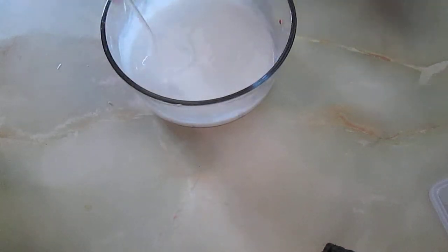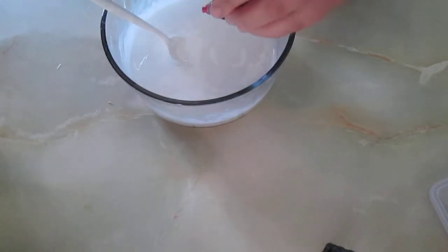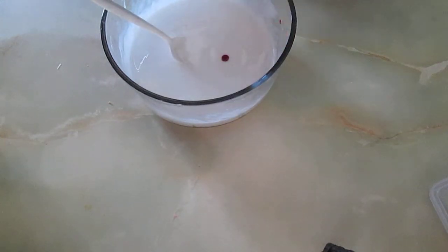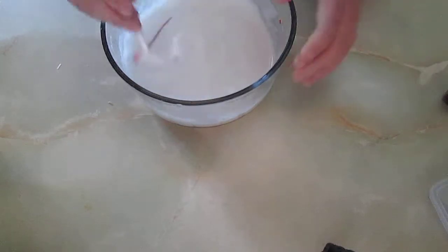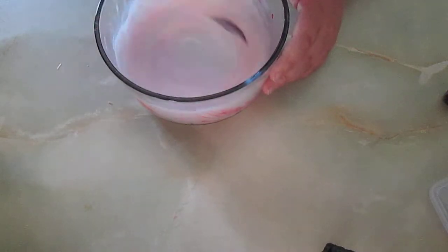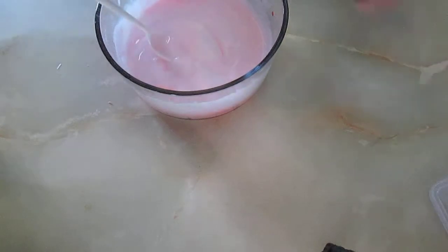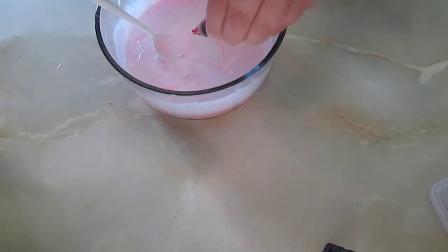Now I'm gonna mix red food color. I'm only gonna put 1 drop in it right now, because I'm trying to make again a brightish pinkish color. A little brighter than a bubblegum pink. This would be like an off bubble pink color, because it's a bright bubble pink. So I'm gonna add 2 drops. 1,